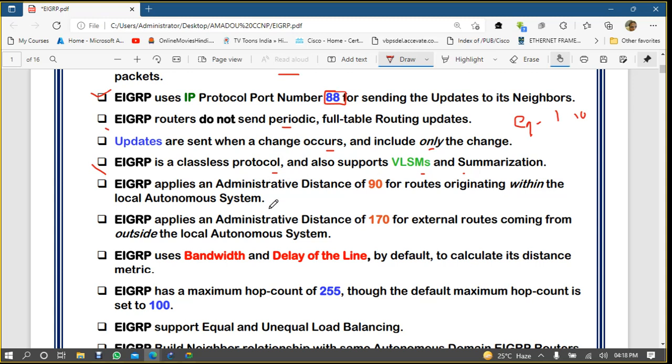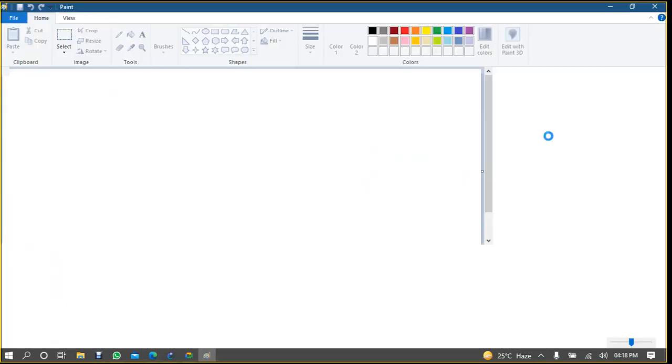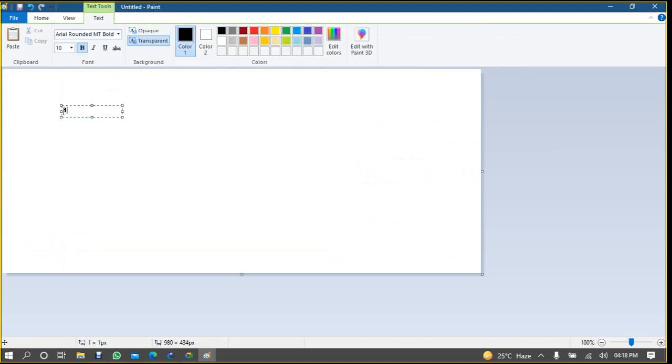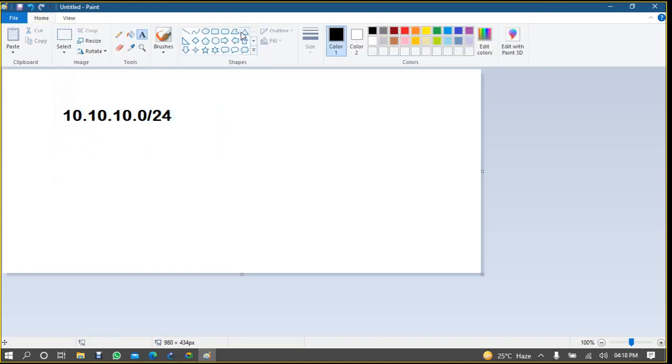Summarization means if I'm using some kind of network address like this, maybe I'm using one address, 10.10.10.0. See here I'm using /24 with this router.